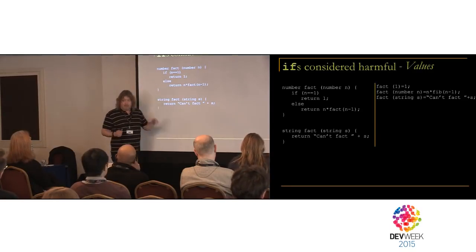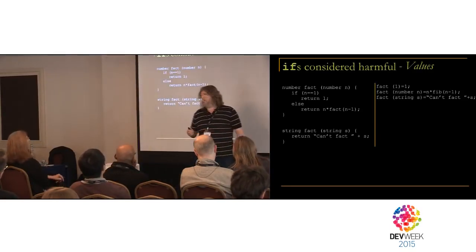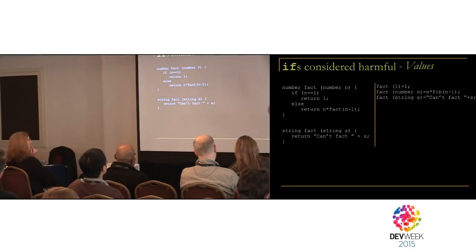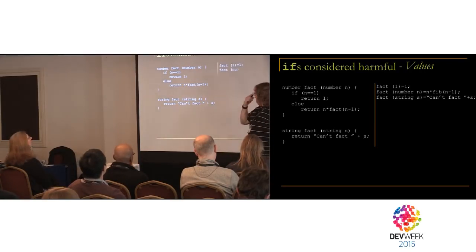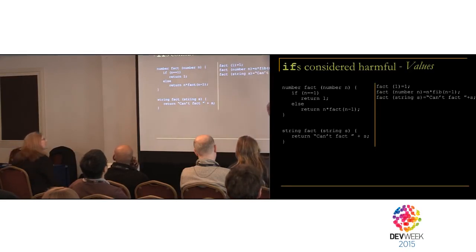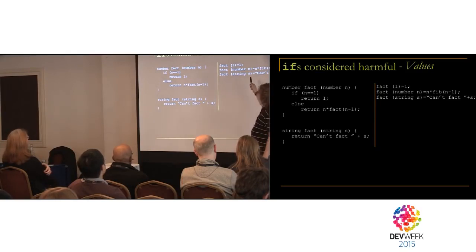There are languages, like Haskell, like F#, mostly functional languages, or pattern matching languages, or transformation languages, that polymorph not merely on the type, but also on the value. So this is what this would look like in rather cod Haskell. I'm not going to show you the worst of Haskell, but this is how Haskell would express the same thing. So it would create a function which takes a 1 as an argument. It would create another function which takes any number as an argument, and then it would create another function which takes a string as an argument.